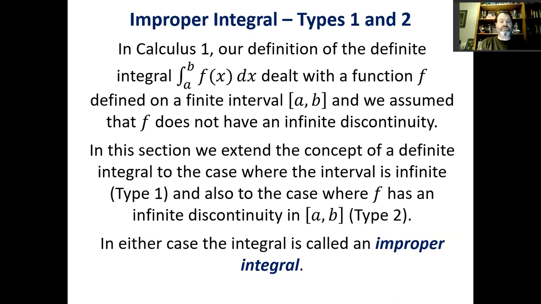So we extend the concept of a definite integral to the case where the interval is infinite, so in one direction or both. It's called a type 1 improper integral, and also the case where f has an infinite discontinuity on a closed interval, or it turns out could be an open interval. You're allowed to mix these two together. So type 1 is infinite to the left or right. Type 2 is infinite up or down. So it's easy to remember. Type 1, type 2. Either way, they're called improper integrals,